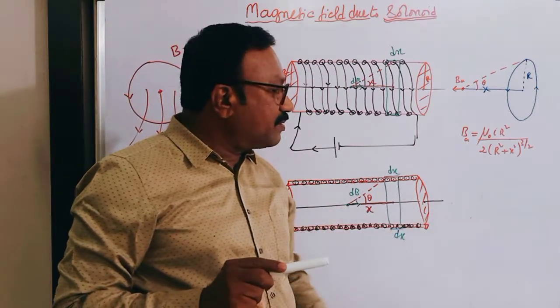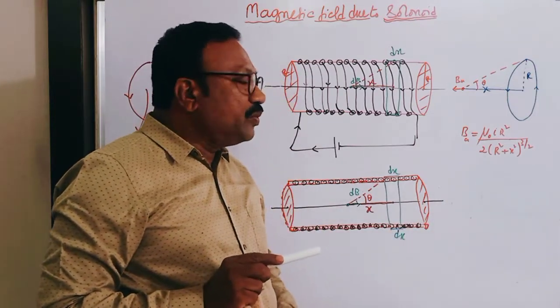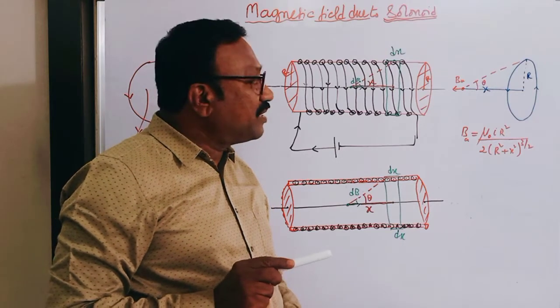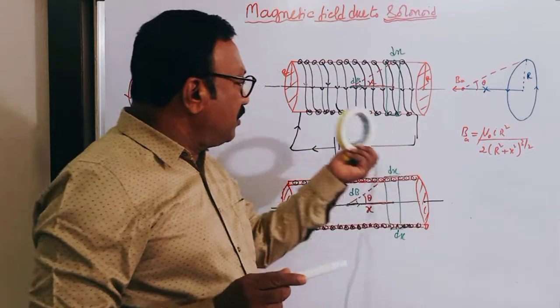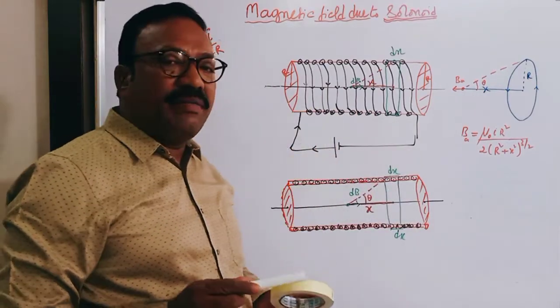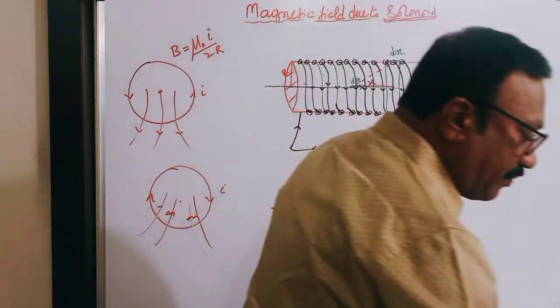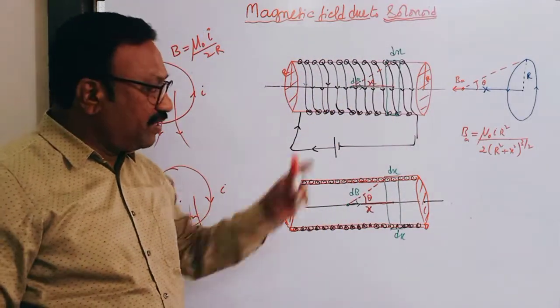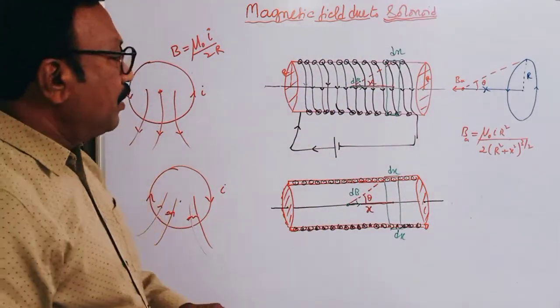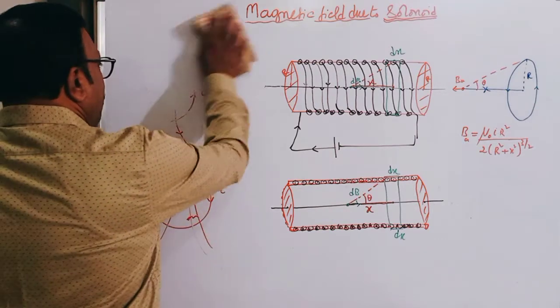The proof of this magnetic field due to a circular conductor on the axis, we have done this derivation. I am going to use this relation to determine the magnetic field on the axis of a solenoid. So that is why I am using that relation. I have written that relation there. So let us come to the derivation now.